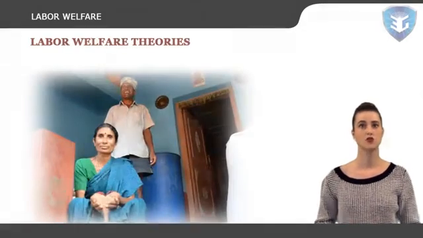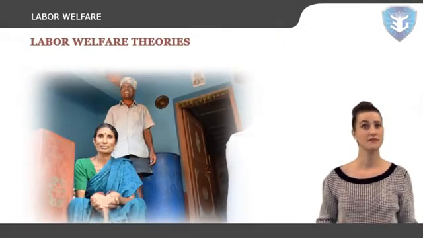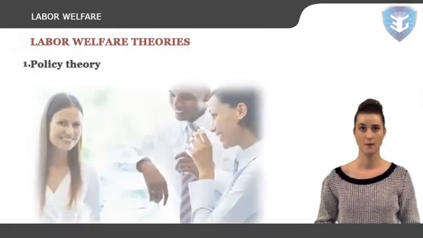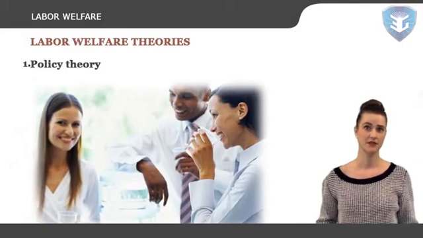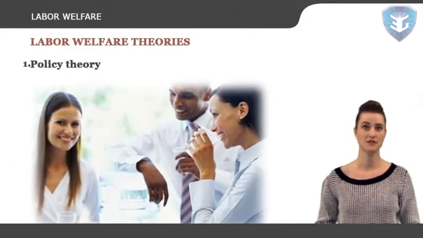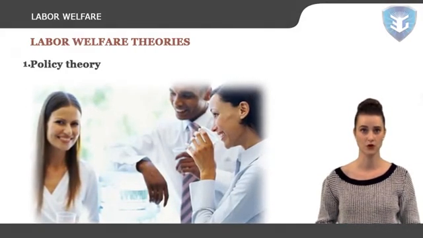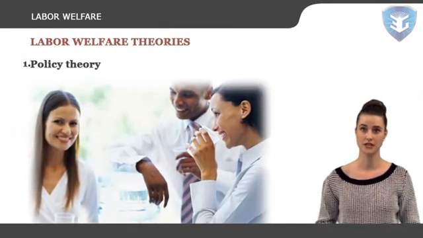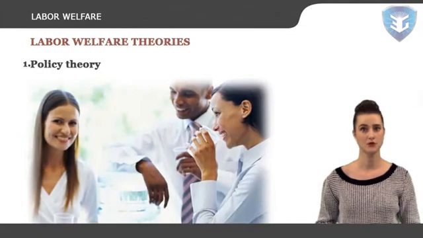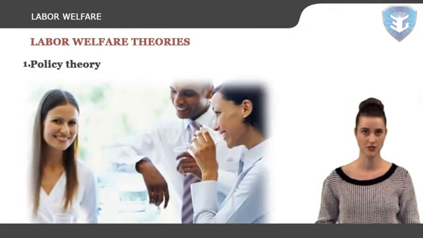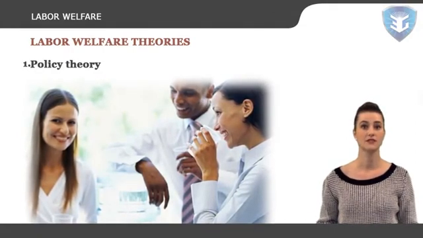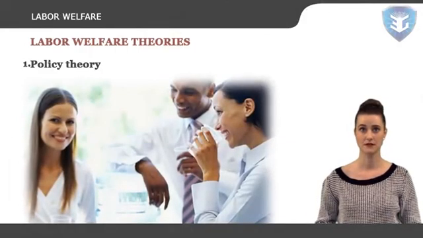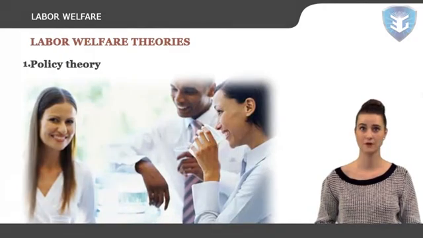Let us now move to the welfare theories. There are some theories which constitute the conceptual framework of labor welfare. Policy theory. This theory is based on the contention that a minimum standard of welfare is necessary for workers. According to this theory, owners and managers of industrial undertakings make use of every opportunity to engage in this kind of exploitation. The policy theory involves several stages of implementation: enactments, periodical supervision, and punishment.